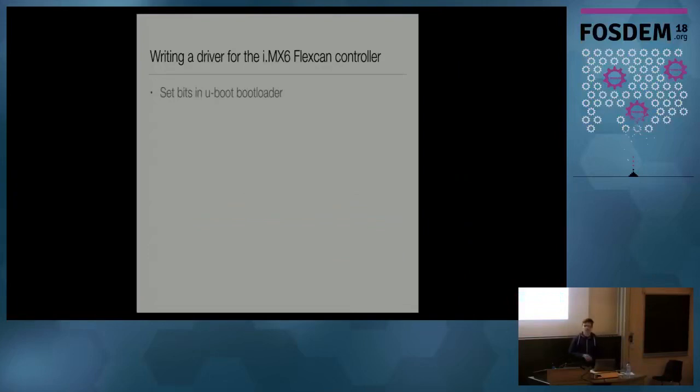Okay, so we have to set the bits in the bootloader because our kernel already runs in non-secure supervisor mode, so we cannot change anything in the CSU, in this access matrix. And of course, this time we were lucky because the U-Boot bootloader was running on the secure side in supervisor mode, and then it was loading our kernel into the non-secure supervisor mode. Because once you're in a less privileged level on an ARM CPU, you cannot go to a more privileged level. You cannot go back there. So yay!